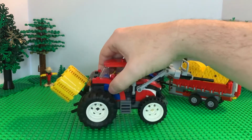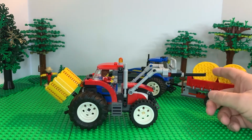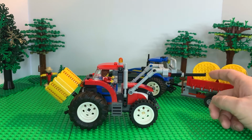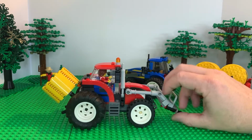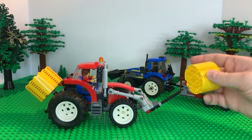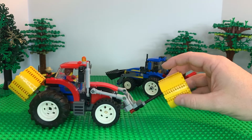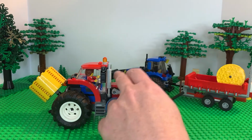So if we look at the hay spike, you can see it won't hold it because of the weight of these larger bales. It holds the smaller one. But as long as you go down and you angle it up, he'll hold it like that all day and probably hold a lot more weight. I've got one other idea here,